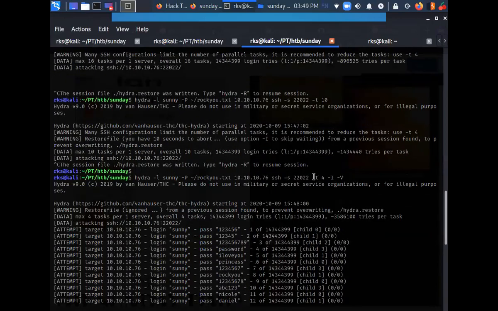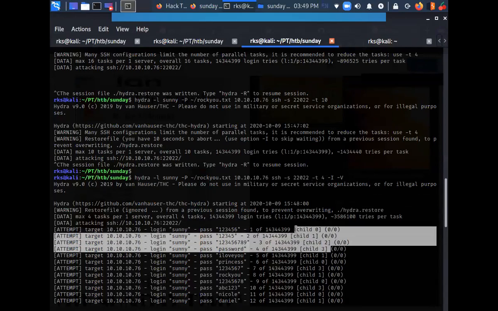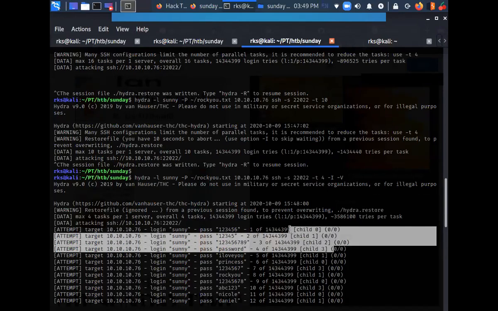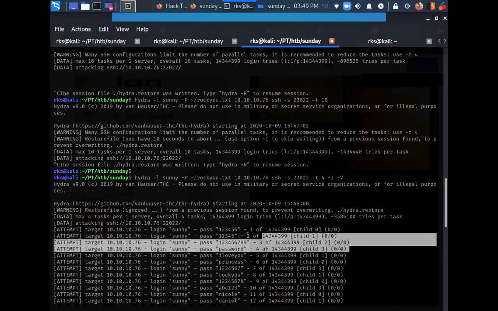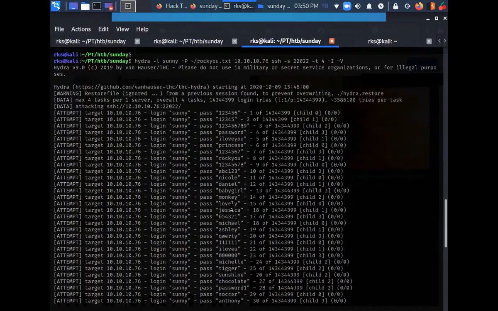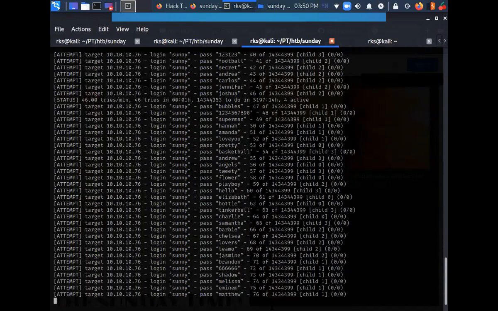When I use -t, this is the number of parallel processes it should run. 4 processes should be running, so it says 0, 1, 2, 3. At any given point of time, it spawns 4 processes and tries to do the brute force in one fourth of the time. That's what it is trying to do. Okay, got it.